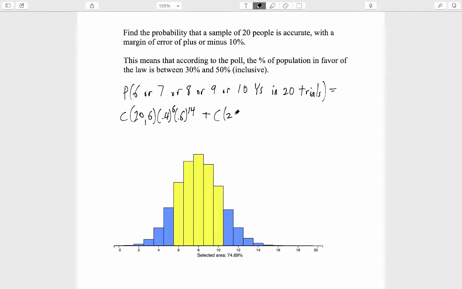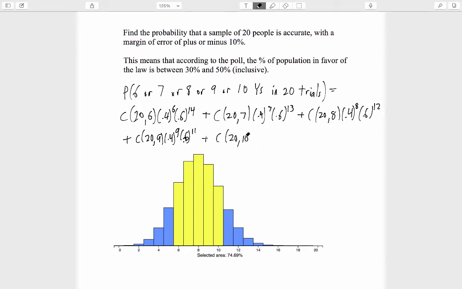Plus the probability that exactly 7 people say yes when we ask them their opinion. That's 0.4 to the 7, 0.6 to the 13. Plus the probability of an exactly correct sample, a perfectly representative sample, 0.4 to the 8, 0.6 to the 12. Now the probability of exactly 9 people saying yes. So 20 choose 9, 0.4 to the 9, 0.6 to the 11. And last but not least, the probability of exactly 10 people saying yes. The exponents are going to be 10 and 10. When we compute, this turns out to be approximately